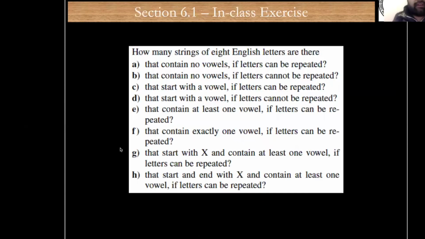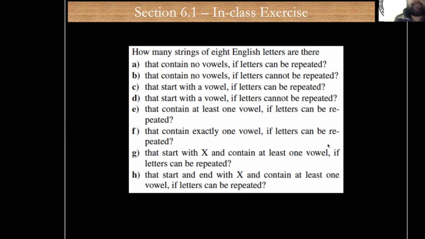So here is a small exercise for you. How many strings of 8 English letters are there that contain no vowels if letters can be repeated, that contain no vowels if letters cannot be repeated, that start with a vowel if letters can be repeated, that start with a vowel if letters cannot be repeated, that contain at least one vowel if letters can be repeated,